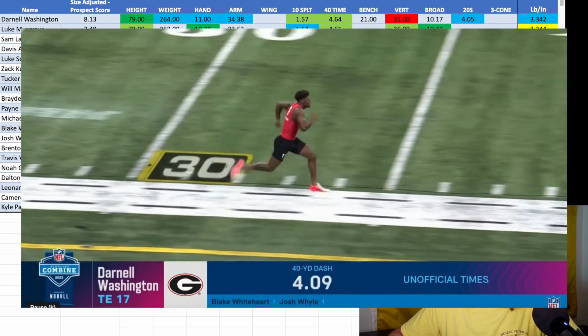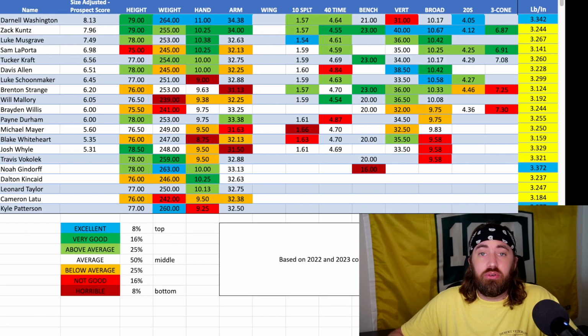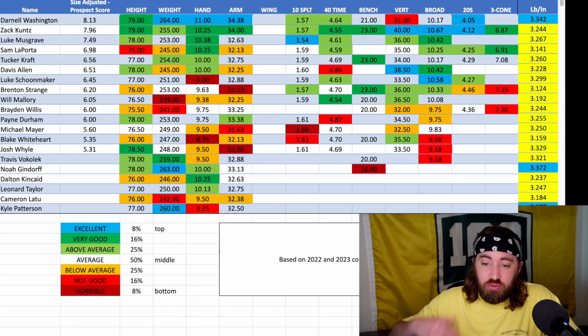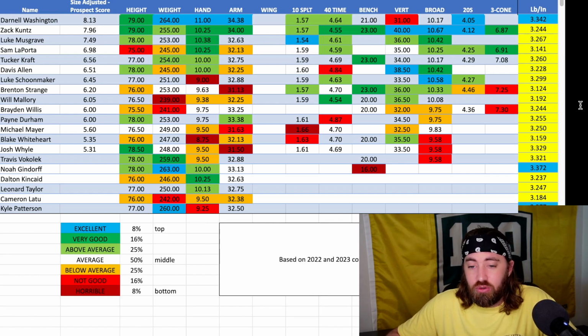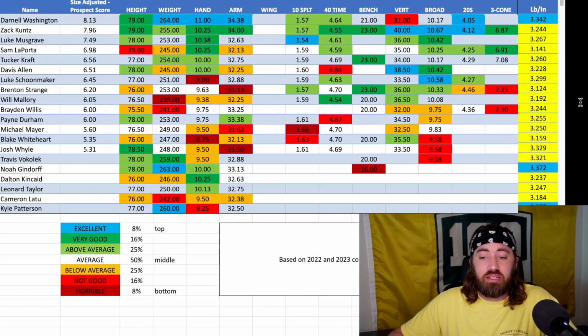Darnell was an absolute beast in the on-field drills at the Combine. He looked like the best darn tight end out there. And in his media session, which I did catch from the Combine, I wrote a couple of notes here that we'll just go over. I wrote that he looks like a basketball player. I also said that he was humble, and the reason that I said that he was humble was because he